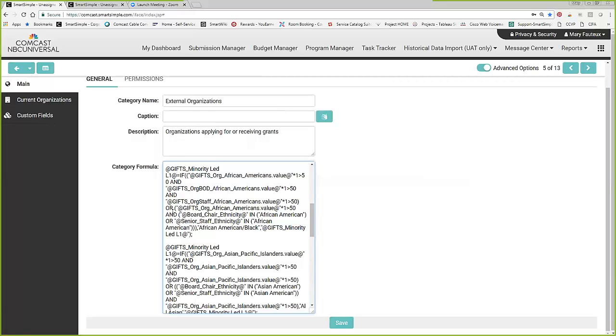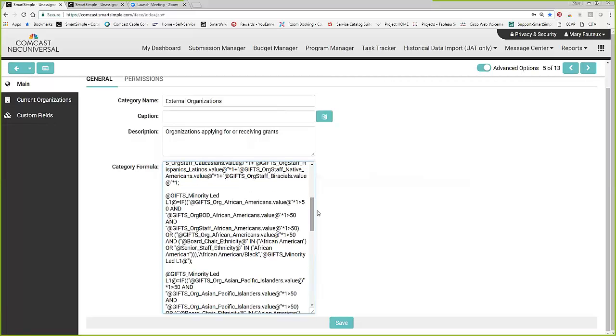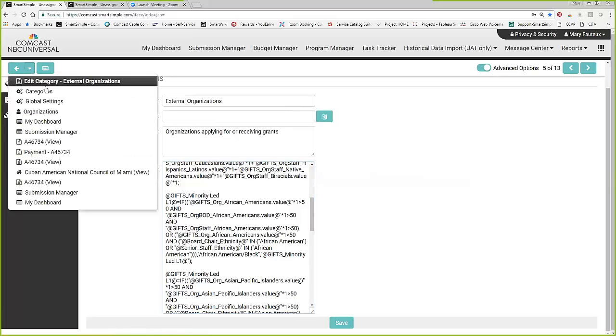We also have this alternate formula, it's all this and or, that says if your board chair is of that ethnicity or your senior staff, lead senior staff is of that ethnicity, then it will qualify. So how does that actually work if you don't understand how to read that formula? So let's go into one of our